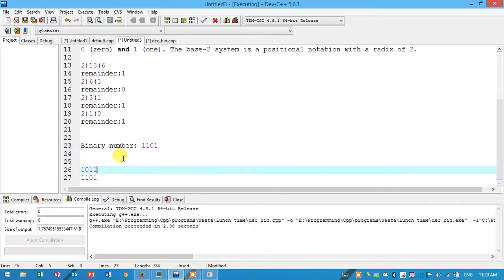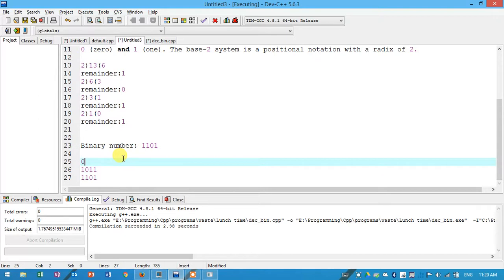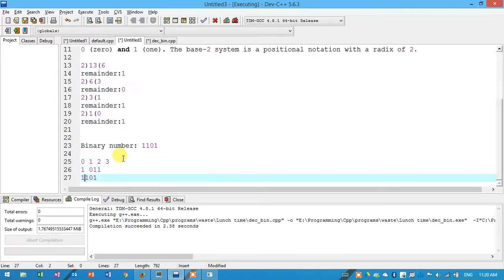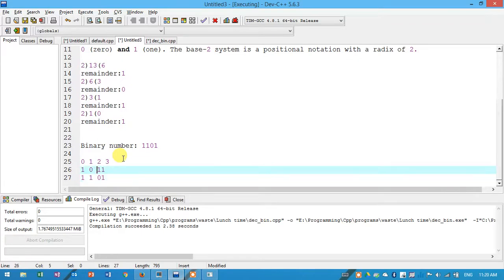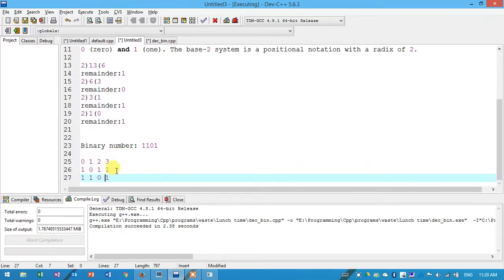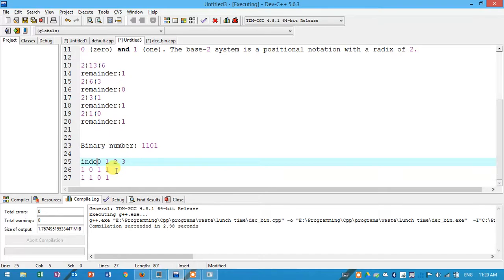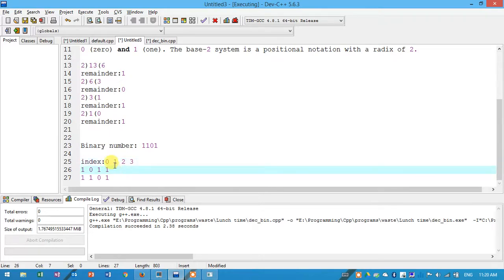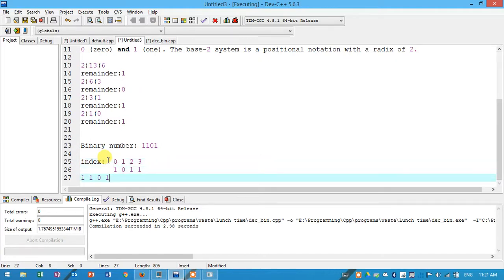So which operation I have to do? Like 0 1 2 3, these are the indexes. So we have to swap 0 and 3, and 1 and 2.